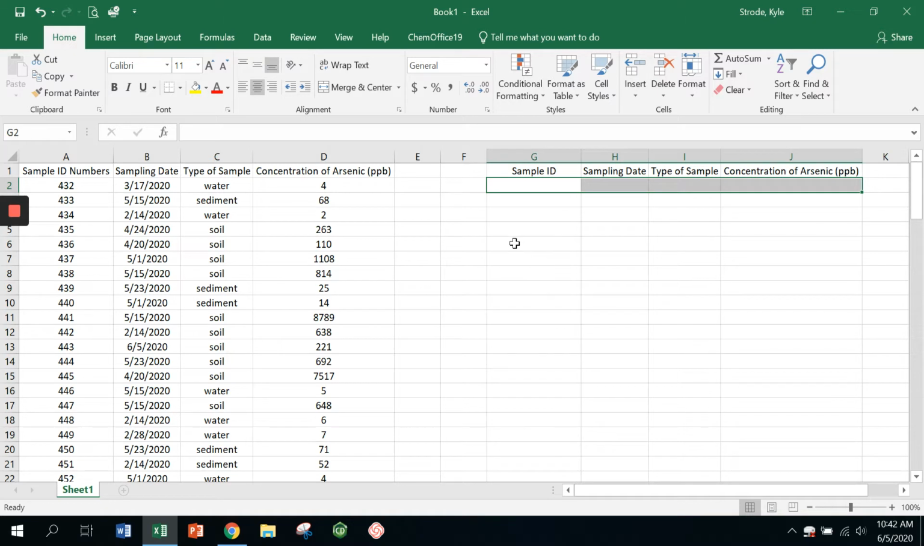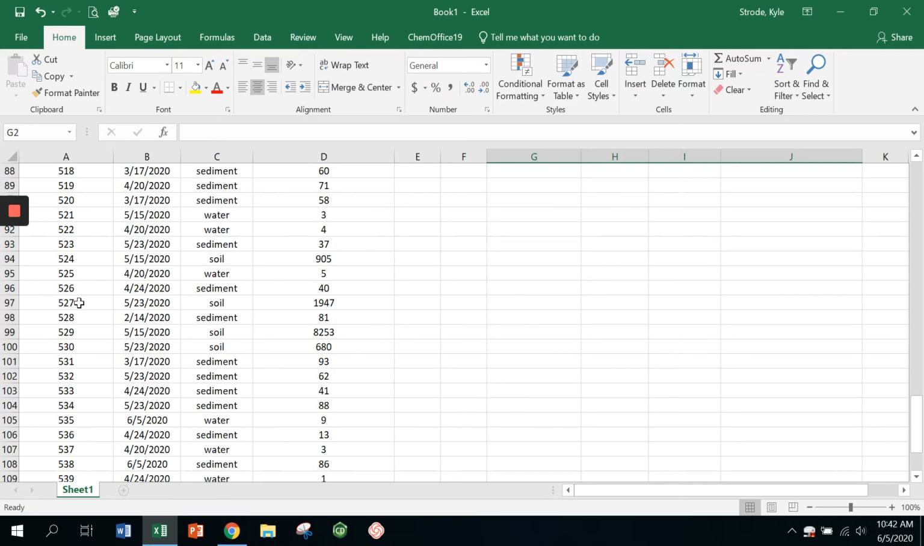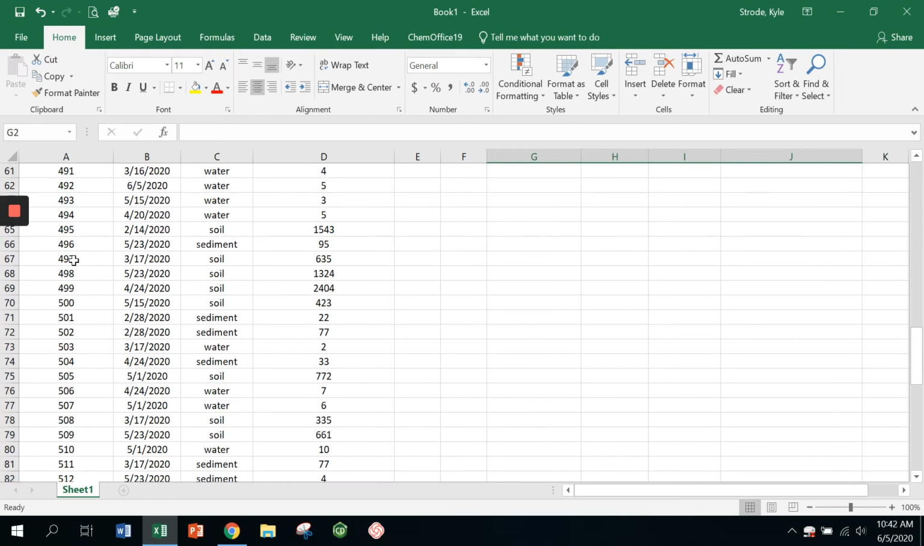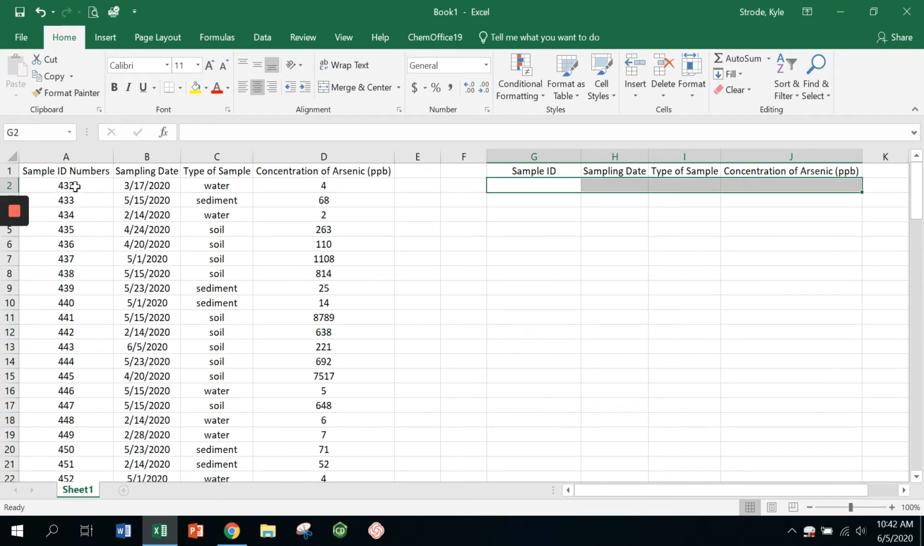First thing you have to do is make sure that your data is sorted by a particular column that you want to use for your vlookup function to focus on. In this case, the obvious thing that we want to focus on is the sample ID number. So what I've done is I've sorted my spreadsheet, my array, from my lowest to my highest sample ID number in intervals of 1. And so what I'd like to be able to do, for example, is look up sample ID